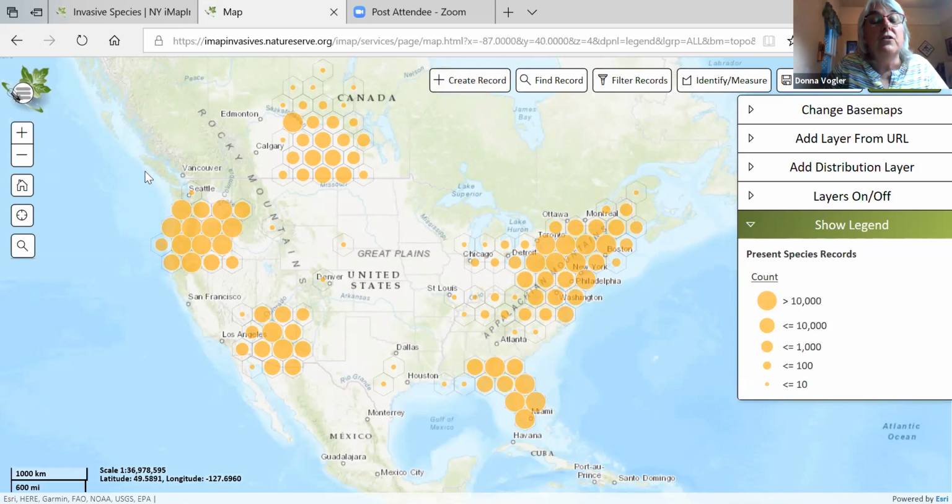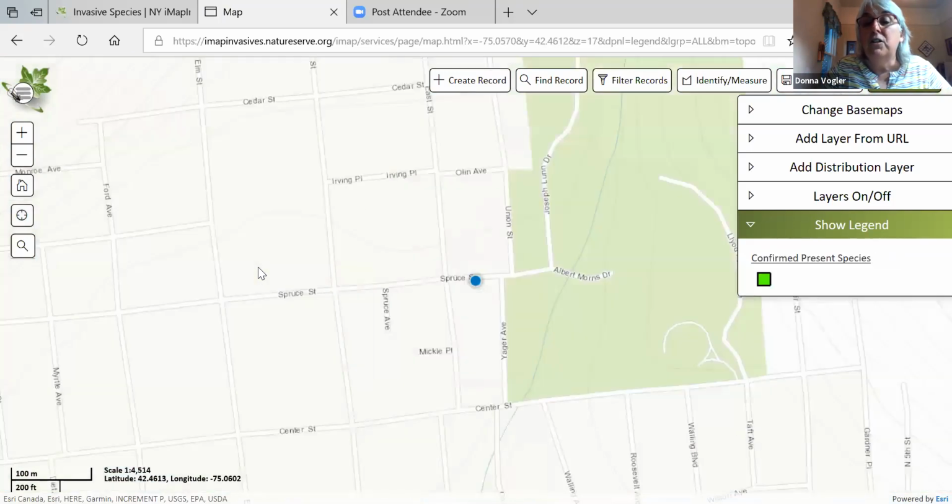So rather than on this page, create a record, which we'll go to a little bit later, I want to turn your attention to the functions on the left. There's an extremely useful button here, Find My Location, because if you want to report a point that's somewhere in the middle of New York, rather than every time having to go all the way around and searching for it, especially if you're on a cell phone, finding your little backyard in the United States is hard. So just by hitting Find My Location, which is what I just did, it finds the GPS point for, well, now you know where I live. I live right here, right next to a nice little city park.